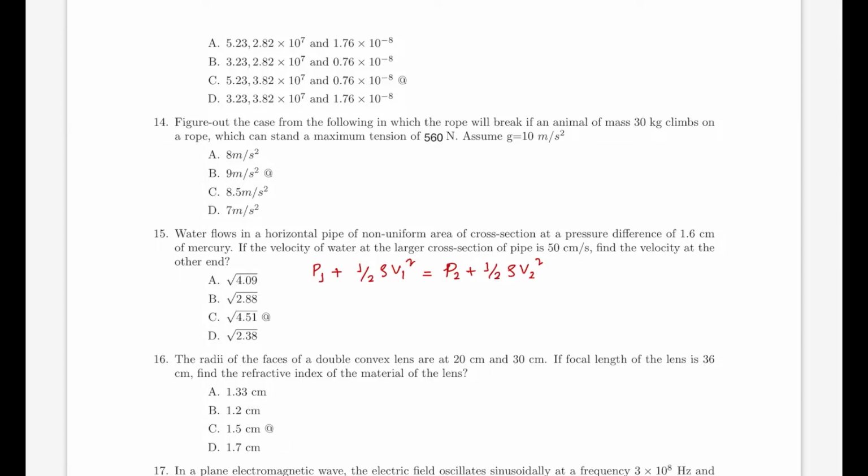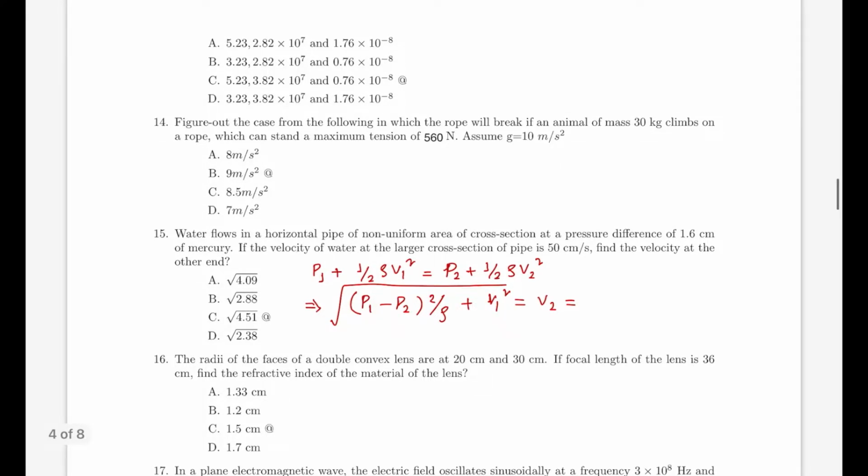So we need to find out this V2. So P1 minus P2 into 2 by rho plus V1 square, whole thing square root, is basically V2, and P1 minus P2 is given as 1.6